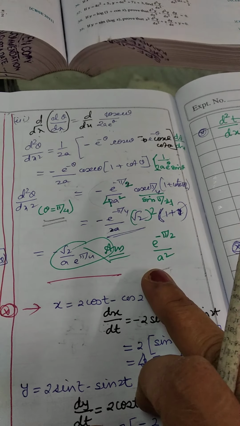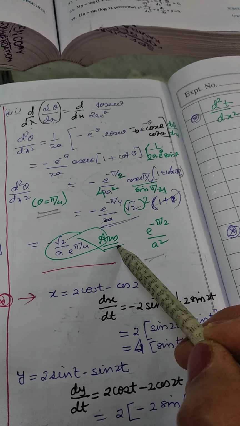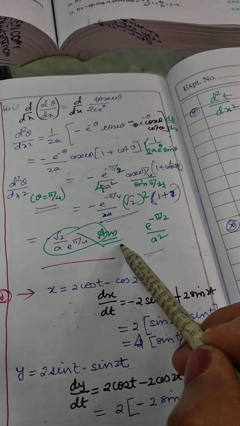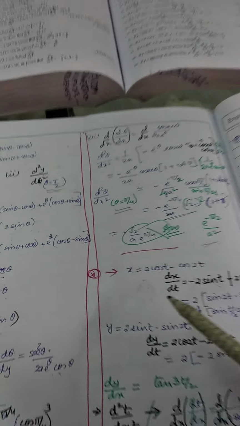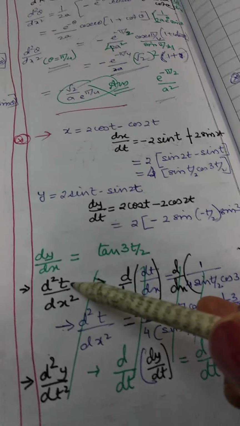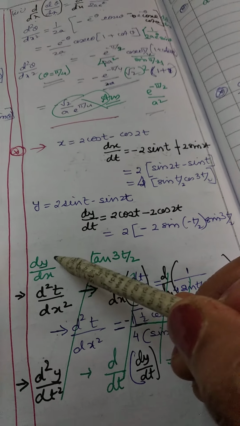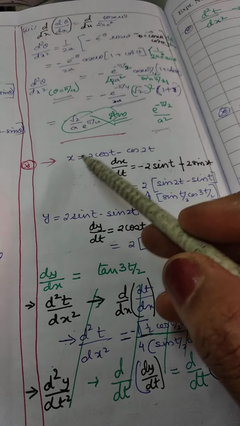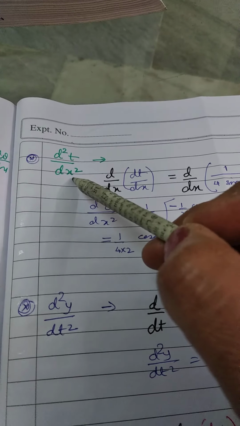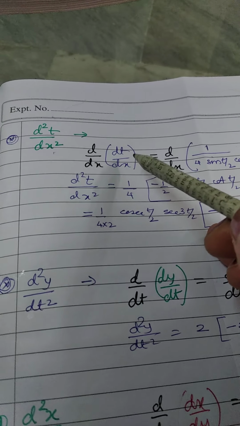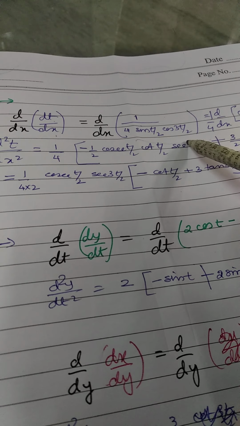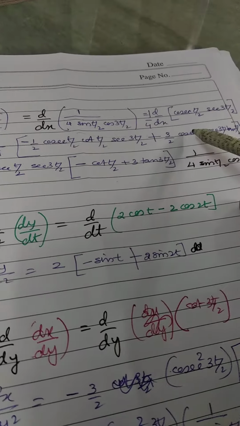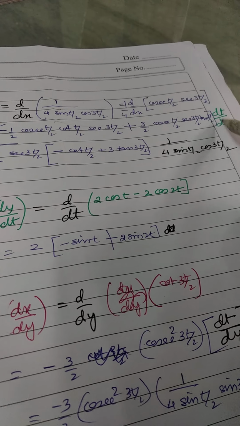So this is how we have to take up the higher order derivative of parametric form of one variable with respect to another. Which variable with respect to another will be mentioned in the question, you need to understand. Like you have this as x and y. Now this is d2t/dx², so it's the second derivative of dt/dx. So dt/dx is a function in θ, so obviously we'll have to differentiate this, and along with that you have to write dt/dx.